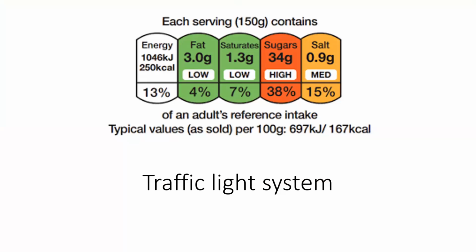And also, I know a lot of us have seen this before on many food products. So this is a traffic light system. For those of us that are in a hurry, we can quickly check it. If it's got all greens, that's a thumbs up, that's a go ahead, that's a healthy option. But when it turns to amber or red, that's when you need to look at the back of it. And it's also important to note that some of the food manufacturers have turned these labels grey now. So it's not as easy to spot as it would have been before. And that way you would have to check the back of that food just to make sure what's in there and how much sugar or salt it has in there as well.